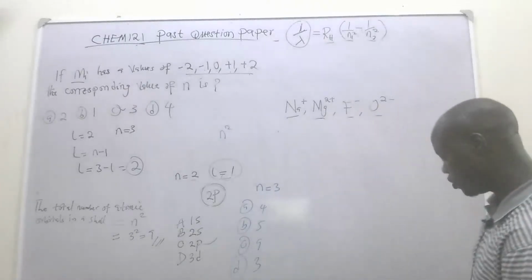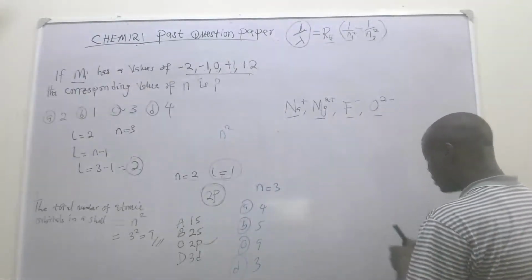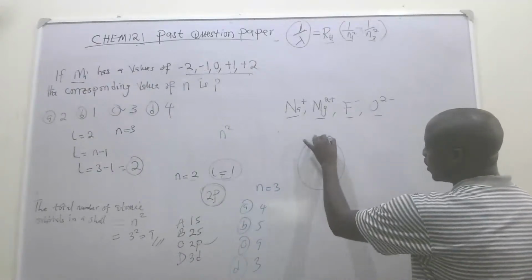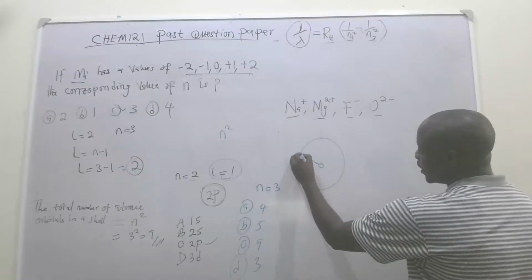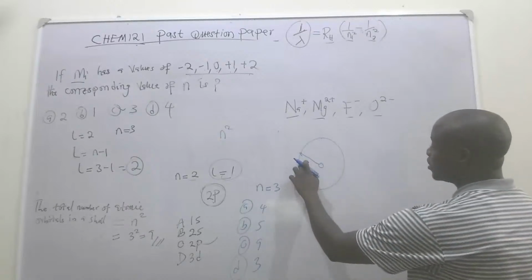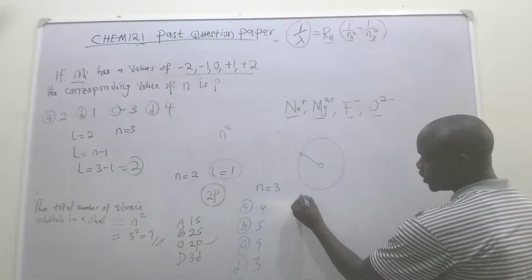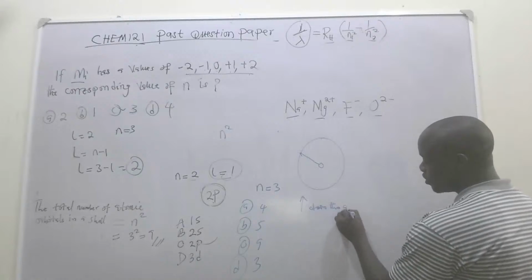Normally we have atomic radius, let's say like this. So the atomic radius is the distance between the nucleus and the outermost shell. And this atomic radius generally increases down the group,